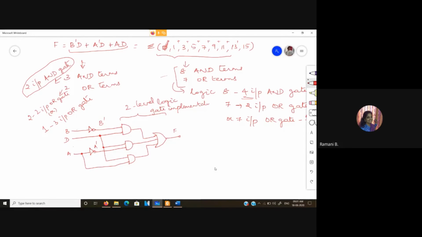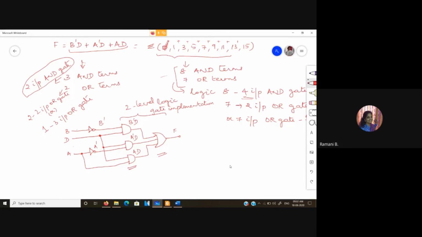That is, in the first level, you will have all the AND gate combinations, which will give you B bar D, A bar D, and AD. And the second level will be ORing all these terms. That's why we call this 2-level logic gate implementation.